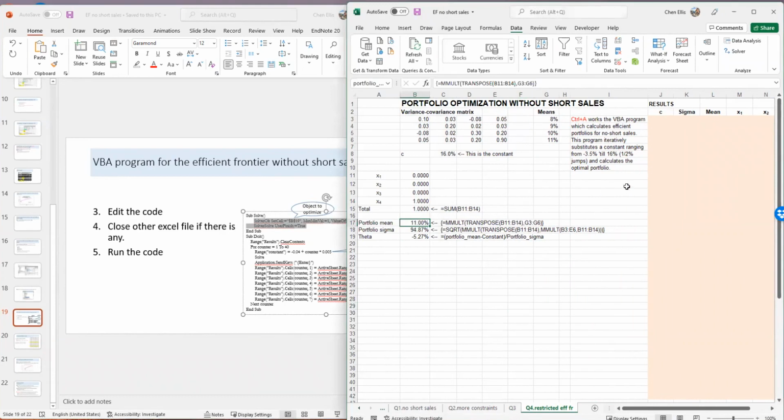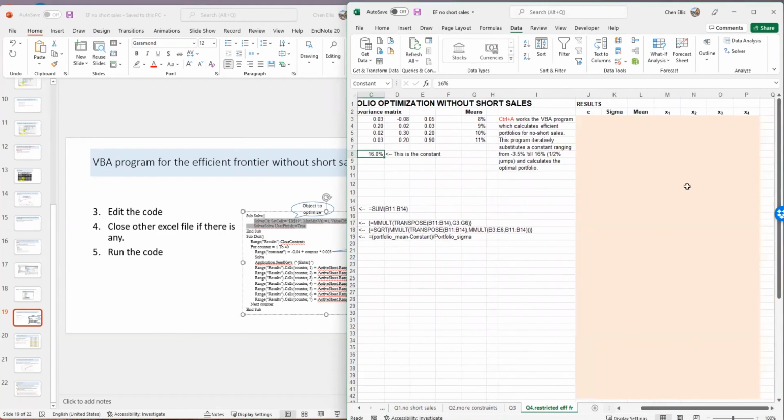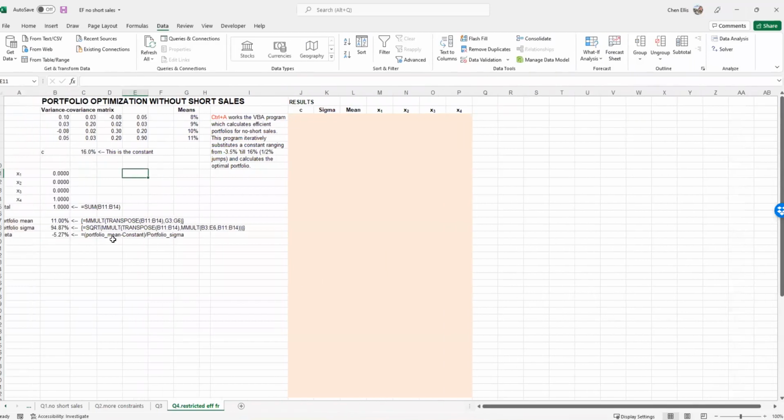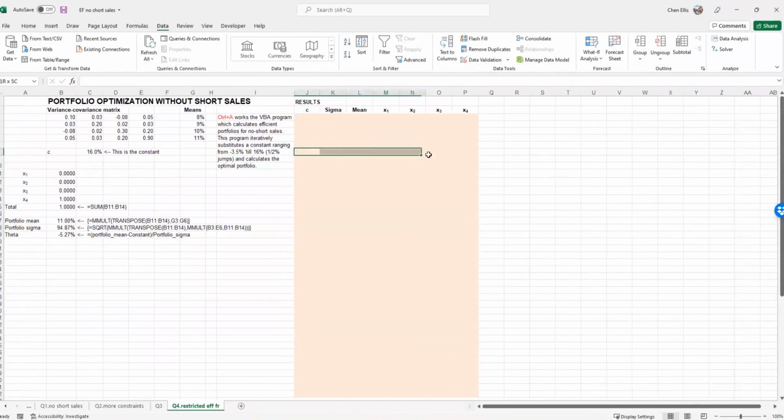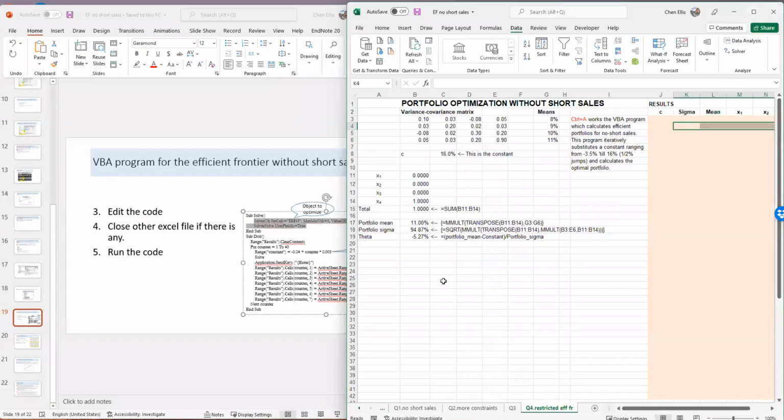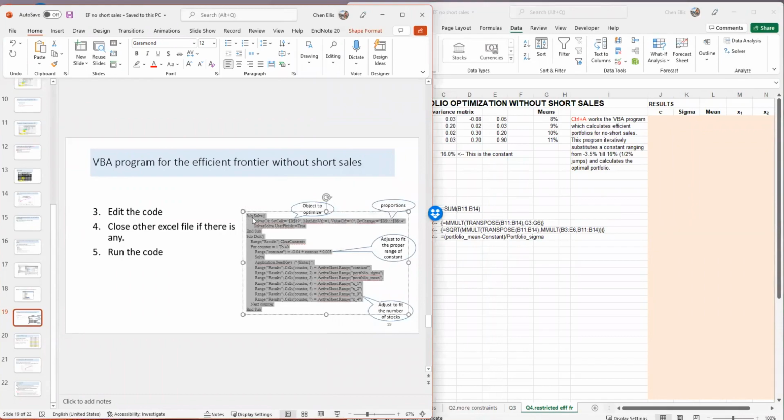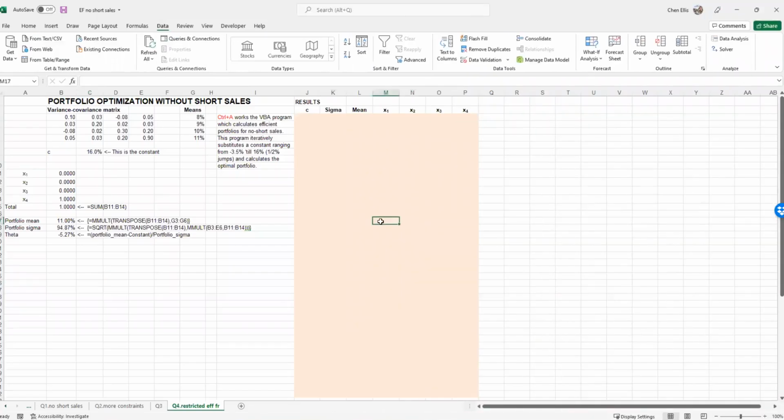So the sigma is here, mean is here, and X1 to 4 is here. So C is here. Every time Excel finishes calculation on this side, we ask Excel to output the numbers here to the result. So Excel will do this row by row. Every row will represent a different value for C. Okay, and then I can just copy the code here to the VBA